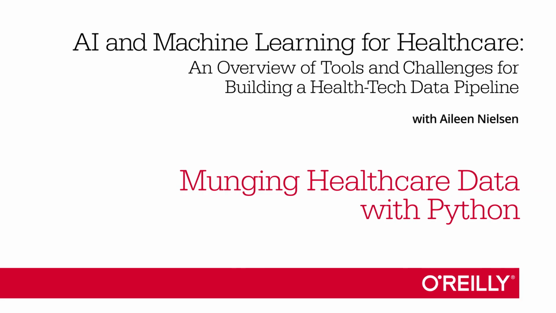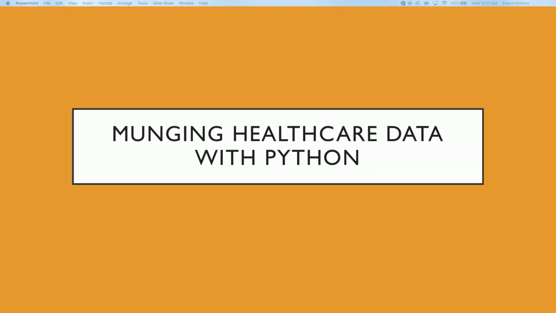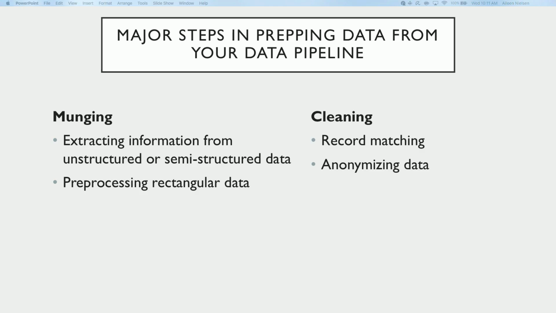Okay, so we're going to talk about munging healthcare data with Python. You get a giant mess delivered to you. How can you extract useful information? Well, major steps in prepping data from your data pipeline, so things you've already brought in. First, munging. So you want to extract information from unstructured or semi-structured data, and you want to pre-process it into